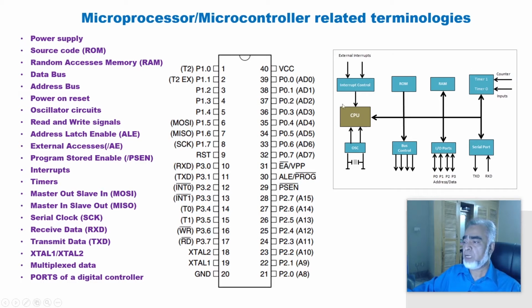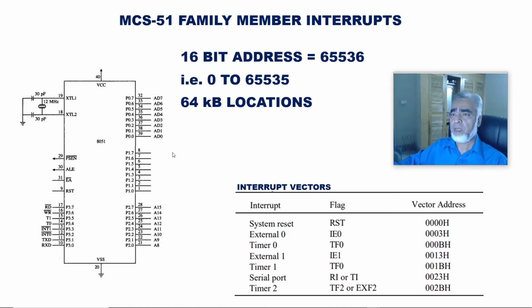And here we can find the internal of the microcontroller, that is CPU, interrupt controllers, the ROM. Here we place our new program in this device to run our new program. We have the RAM, that is random access memory, timer, counters, inputs, serial ports, general purpose IO ports, bus controller, and oscillator circuit. If we would like to use this device as a microprocessor, then we will connect the signal, that is external access, with ground.